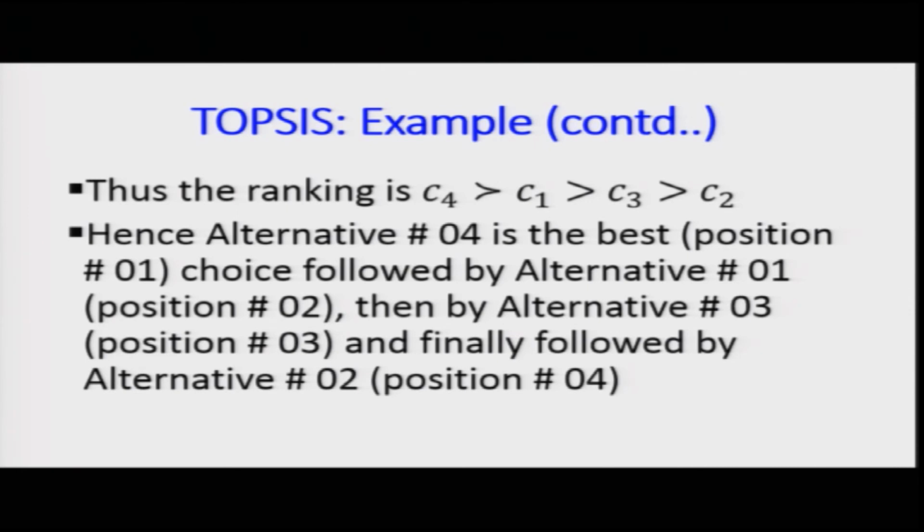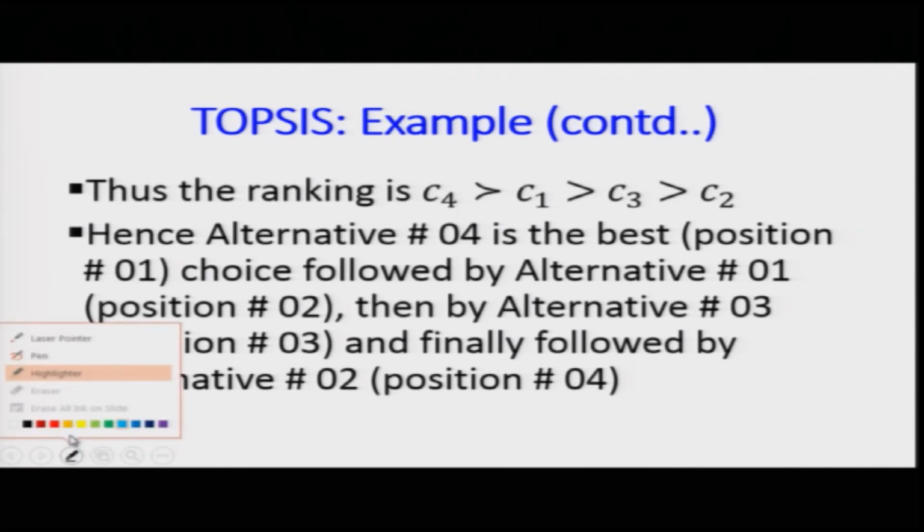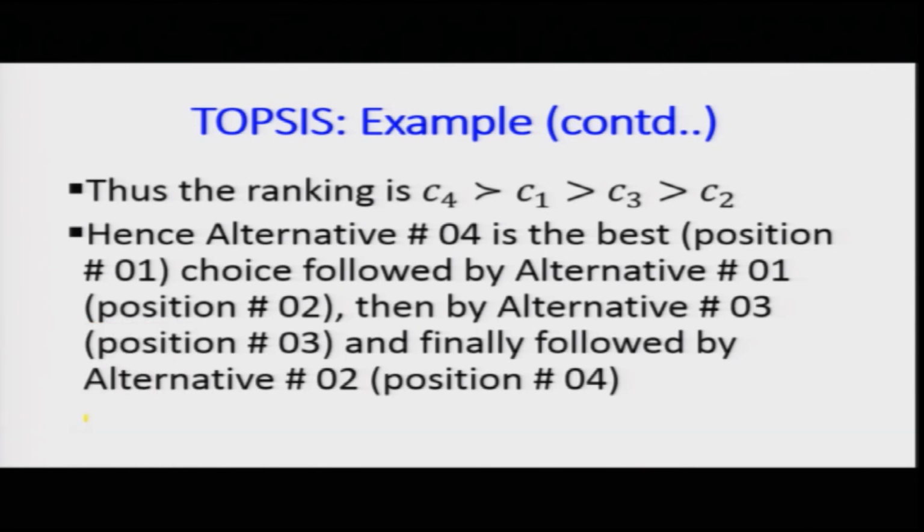Hence, it will mean the alternative 4 is the best, which is in position 1. That is the house where you are trying to buy, depending on the 11 criteria. Alternative 1 is the second one, which is second position. Alternative 3 is in the third position, and finally, alternative 2 would be in position 4. Now, this is the simple step which I followed for the problem. The ranking which you have used was for max min, again I am repeating, that means first and third.